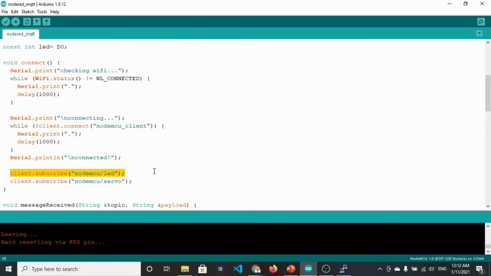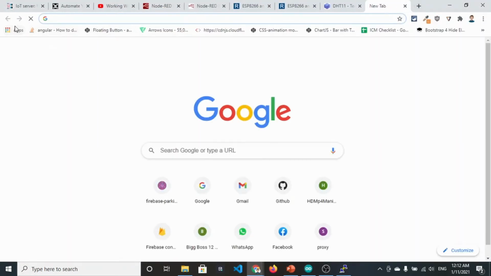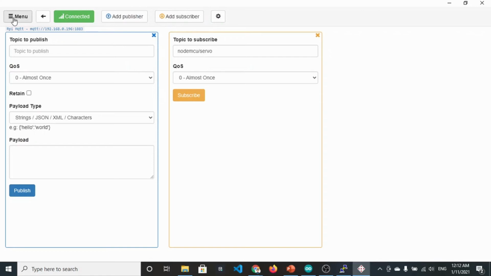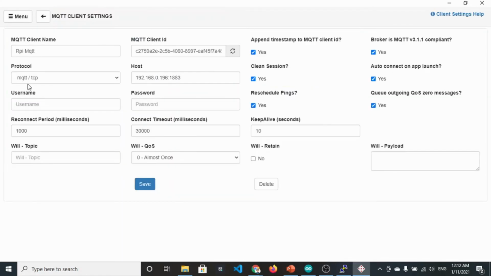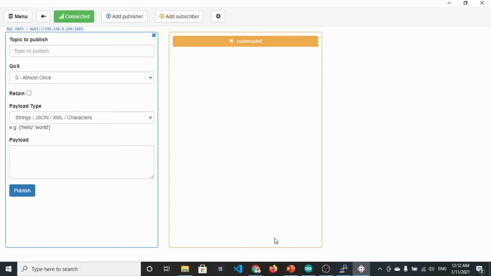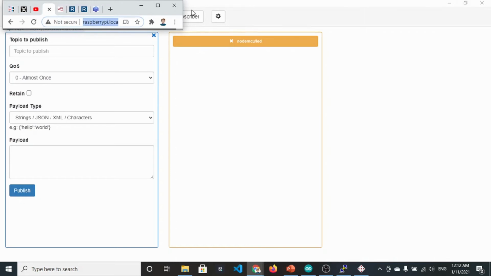You can also use a third client. So I can use any other third client. For the purpose of testing, I can use MQTT Box, which is another client. So simply you need to create an MQTT client, and while creating it, you can easily enter the host name, the Raspberry Pi IP address, and the port number. Okay, and you are connected with the IP address. So subscribe to NodeMCU/LED here, and you can publish data from this sketch. You can easily publish data.